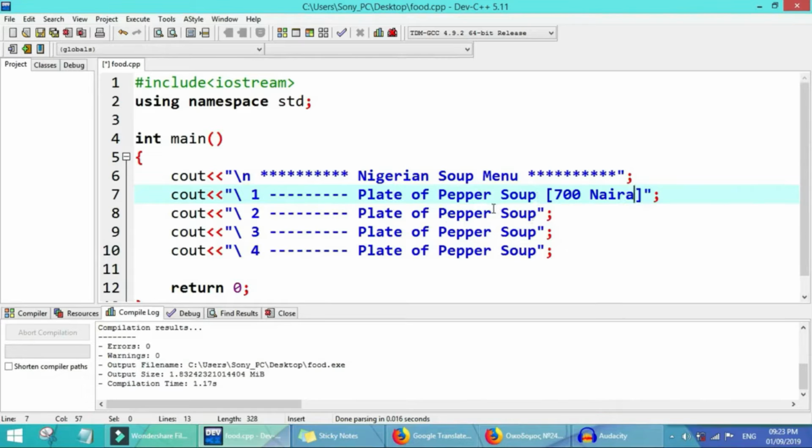Okay, and the other one are plate of banga soup. So plate of banga soup for my environment, you know, too expensive. So plate of banga soup, we say na 300 naira.